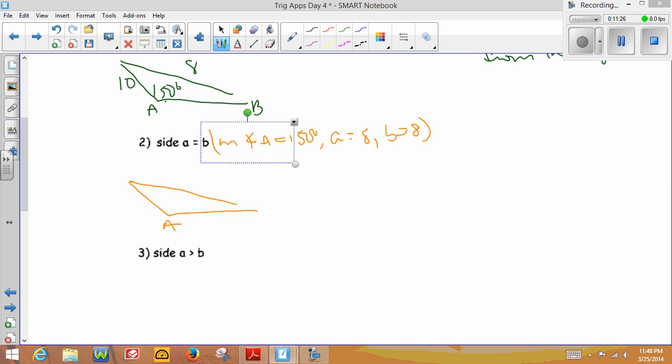So this is A, this is B, this is 150, this is 8, and this is 8. Well, that would mean that it would be an isosceles triangle, and angle B would have to be equal to angle A. And again, you can't have two obtuse angles in a triangle, so 150 and 150 would be 300 degrees. We only need 180 degrees in our triangle, so therefore no triangles,